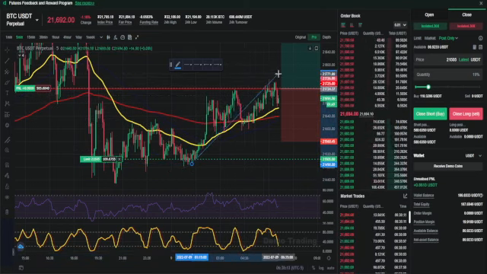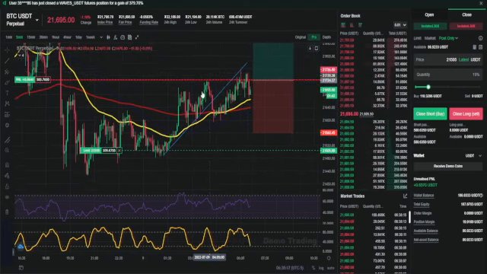Okay, so if I drew my trend line right here across the bottom because we're in this uptrend, and if I trade this breakout right over here,